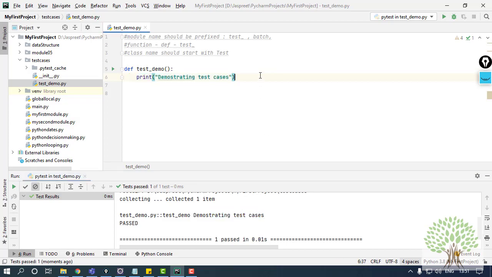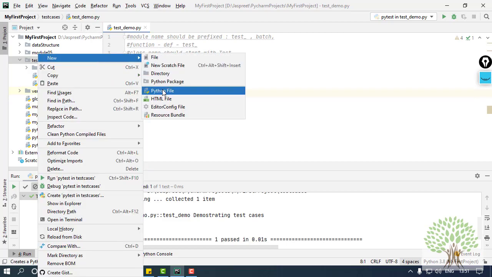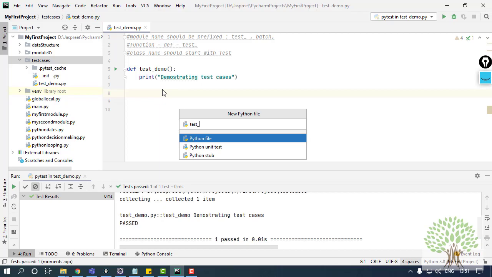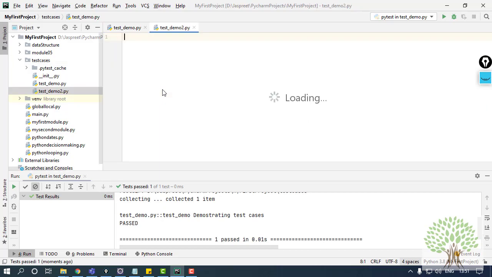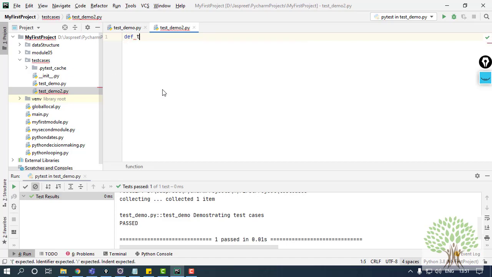This way you can create a number of test cases. Like, I'll create one more module and I'll name it test_demo2, and here also I'll say def test_demo2, and again I'll have a print statement stating creating second test case in second module.